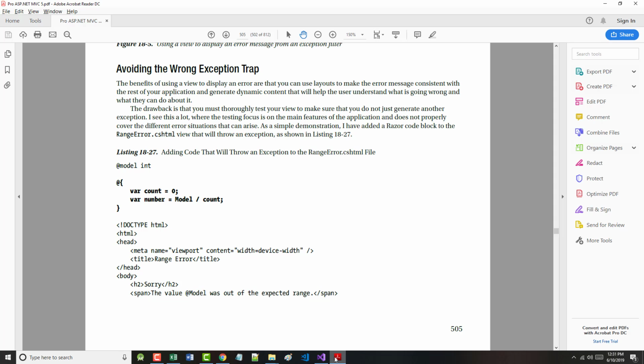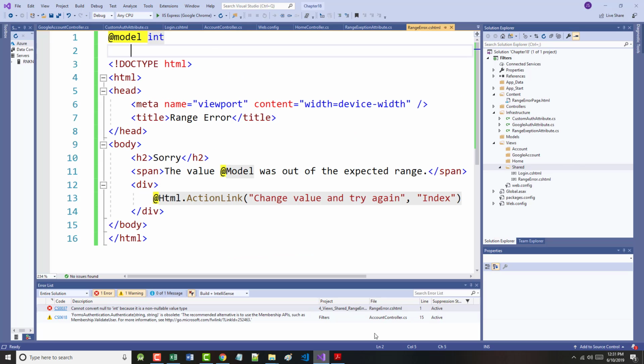So I'm going to go over into our range error .cshtml that we had here, and right before our doc type, so right here,